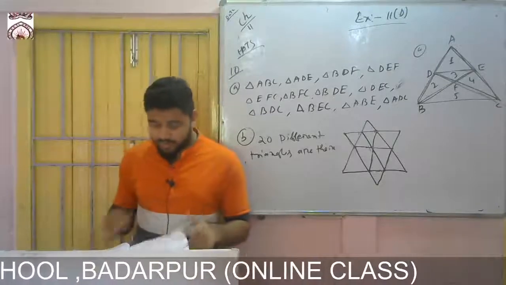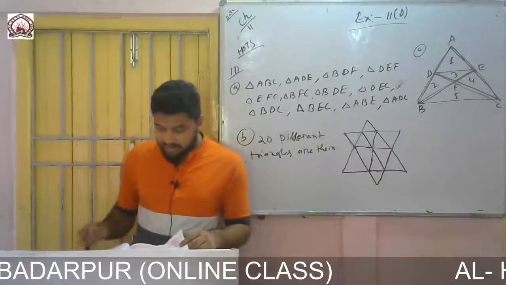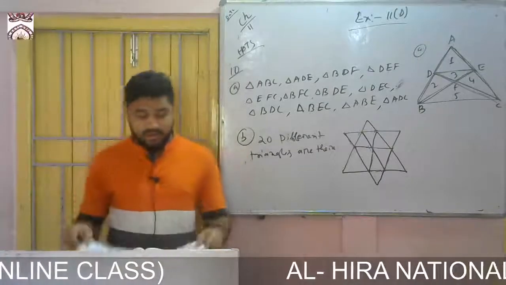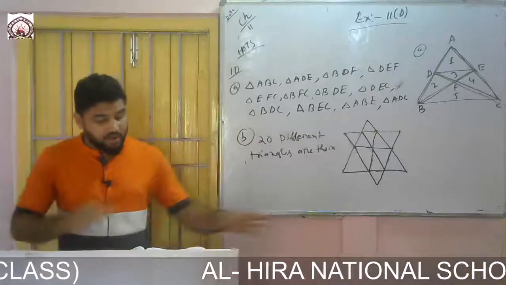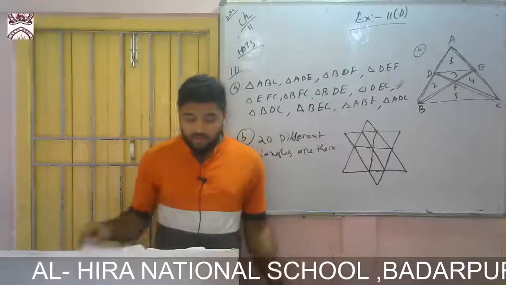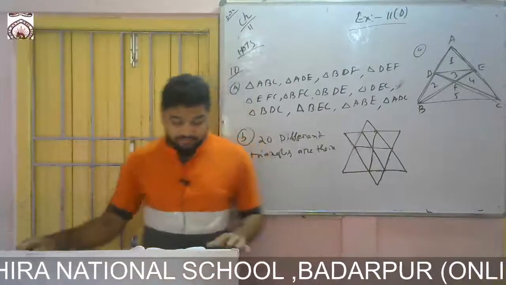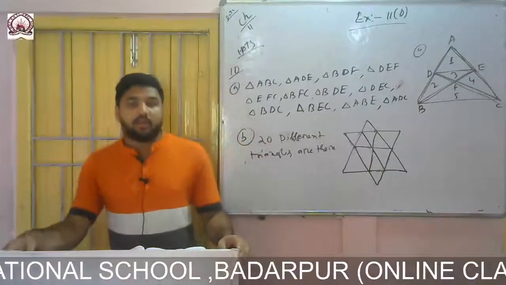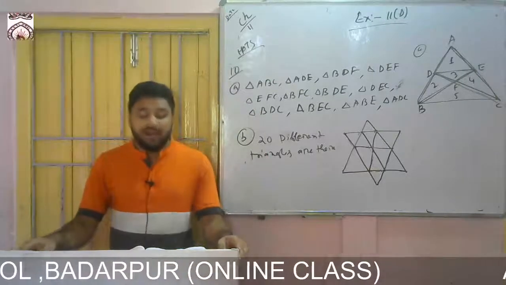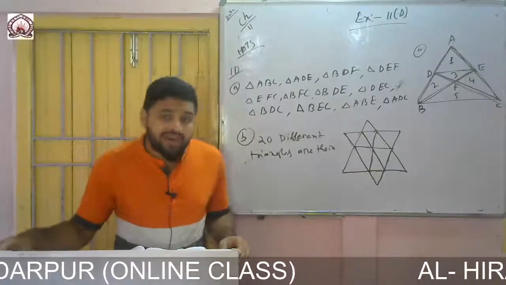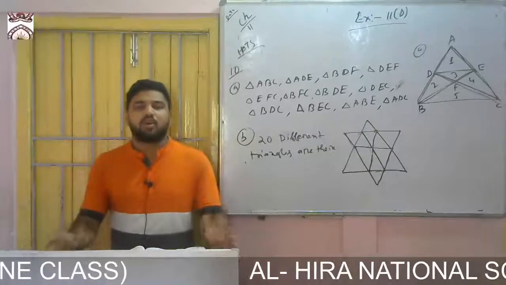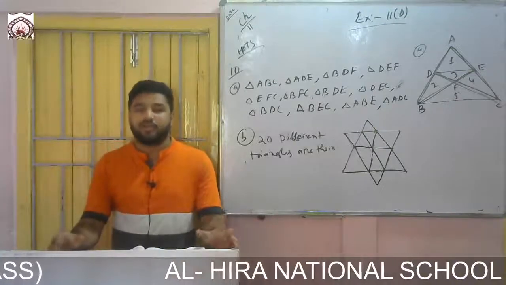So next we move to exercise 11E. Before solving exercise 11E, I need to discuss something. I need to highlight some points. Before going to exercise E, first of all we should recall some diagrams and some definitions. So what are quadrilaterals? It is a closed figure with four sides.